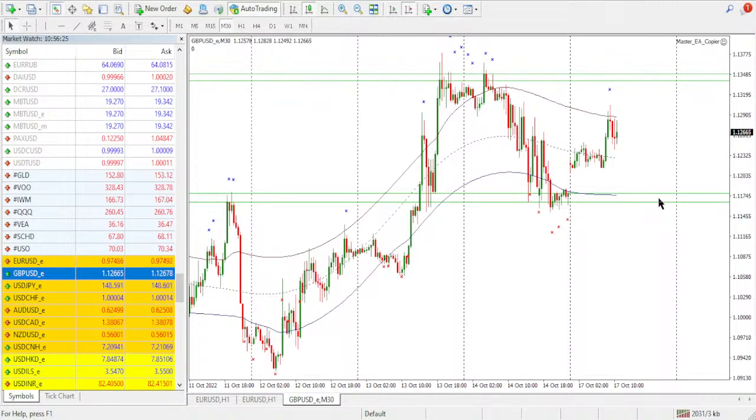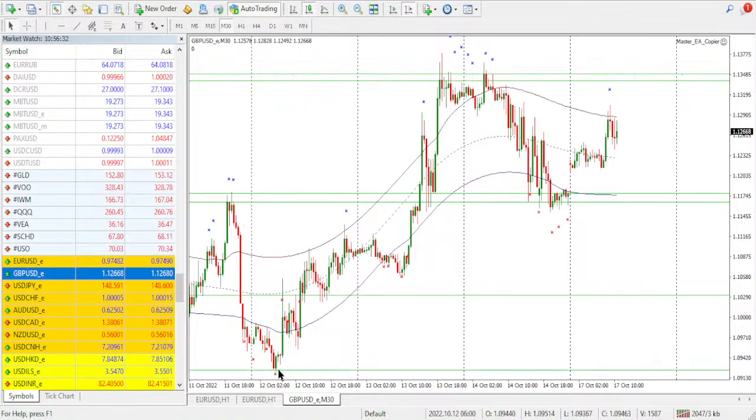Otherwise, the price may continue to the lower side. If that's the case, then we expect the sellers to push price downwards up to that level. We have the next level at this price here. So that's my opinion on those three instruments. The next chart,